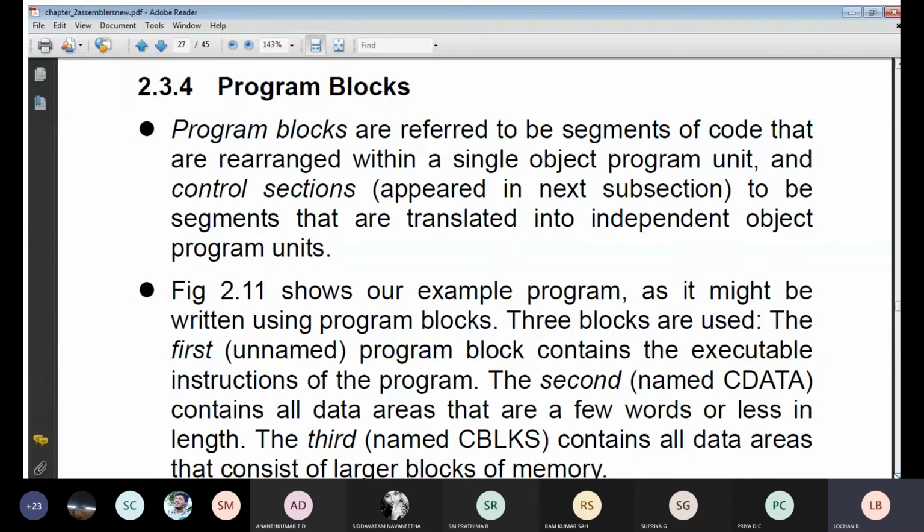See, if I want to give a real-time example of program blocks, let us consider operations. For example, you need to write a program for arithmetic operations. What are the operations you can do?